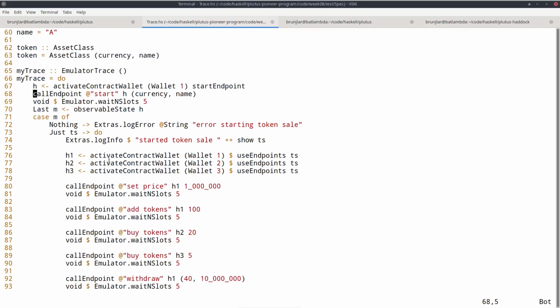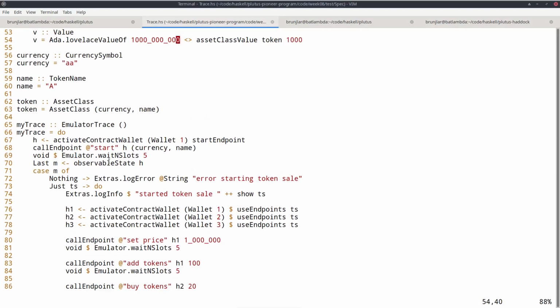Now for the trace, first we activate the start endpoint, not primed, so the one where the NFT is minted automatically, for wallet 1, and call the start endpoint with currency and name that correspond to this token that the wallets all own in the beginning.